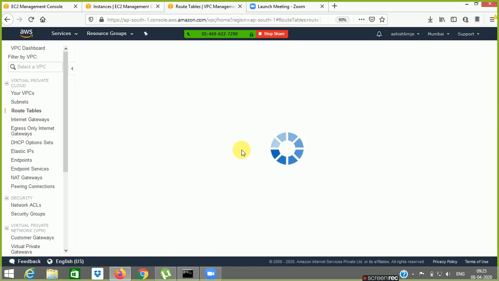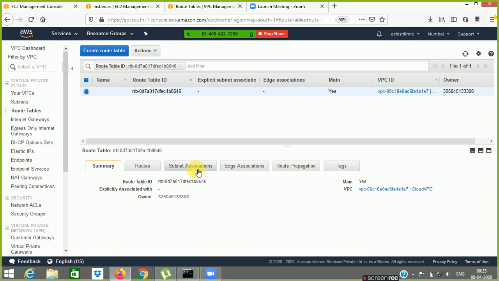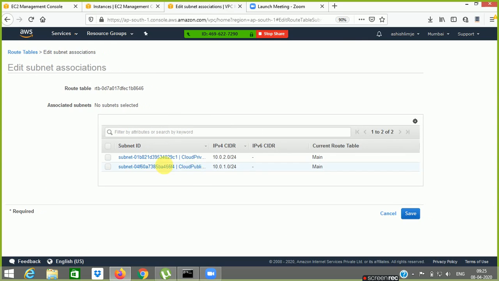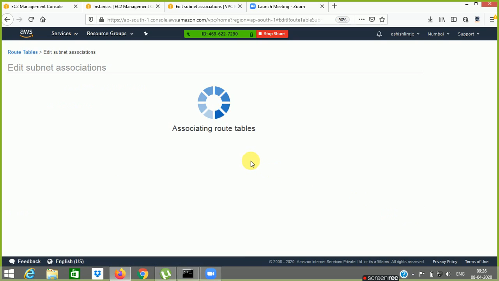Now where we need to allow subnets. So let's do the subnet association, because the subnet should be part of the route table which we are going to change. Presently we are not going to change any routes. So we'll just assign the subnets and then see. Now these are two subnets, the cloud public ones that we launched, so we'll just attach them. So obviously this is the route table that should come into the cloud VPC, so that I can attach both the subnets.